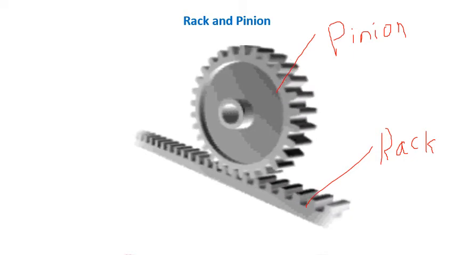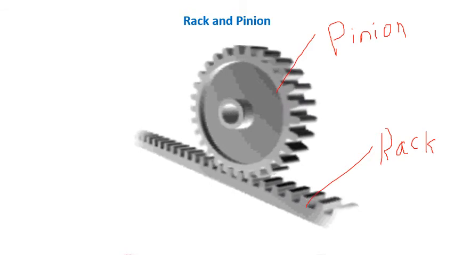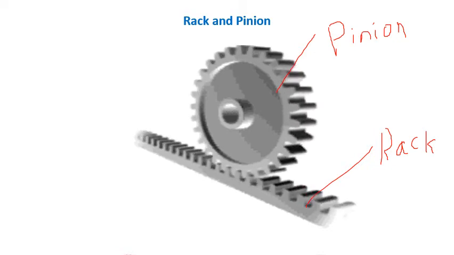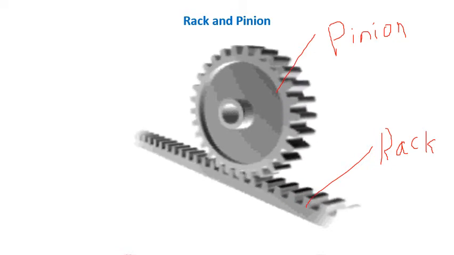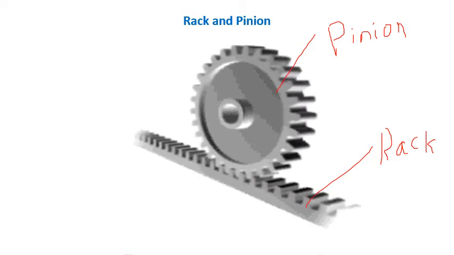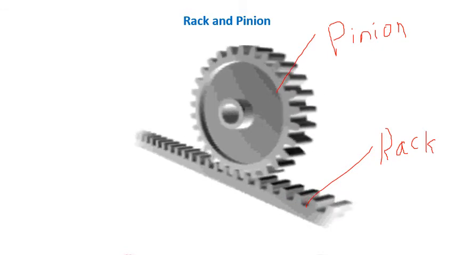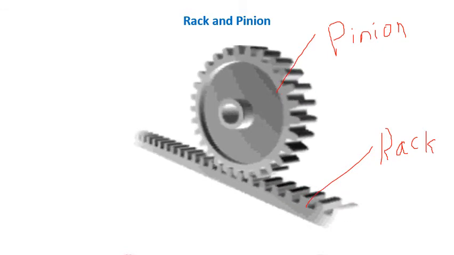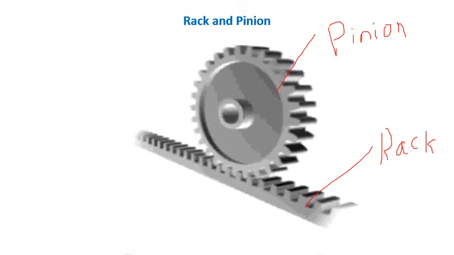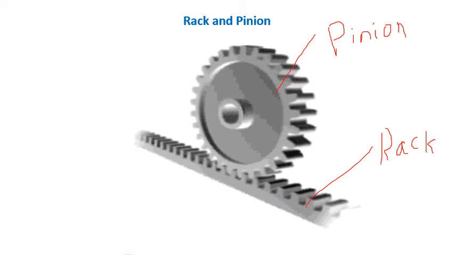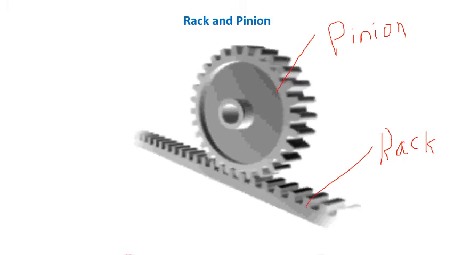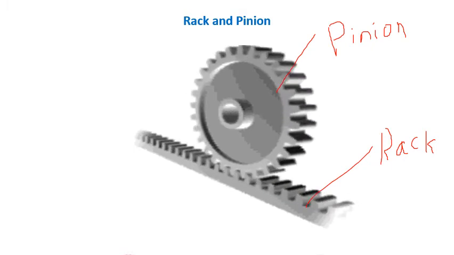So depending on the application, we go for either straight teeth or helical teeth. During the operation, a rack gear meshes with a pinion and converts rotary motion of the pinion into reciprocating motion of a rack, or vice versa. Okay, so when it comes to application, this rack and pinion arrangement is used in feeding mechanisms, reciprocating drives, etc. They are also used in gauges and small equipment, and in lathe, milling, drilling, and other machine tools.